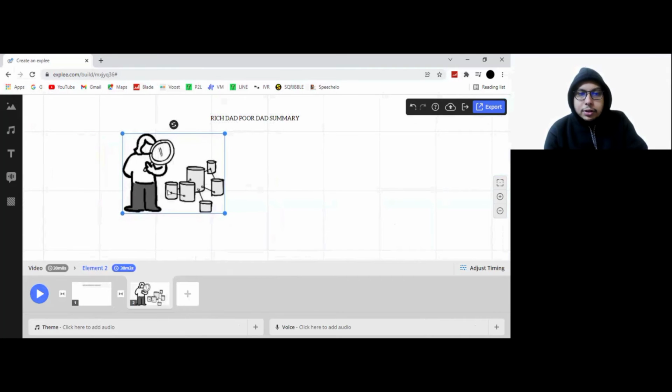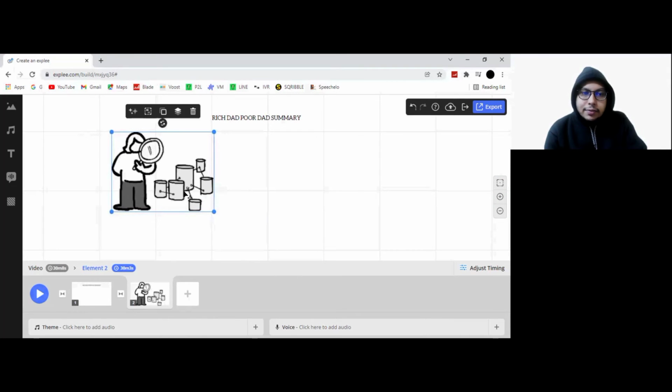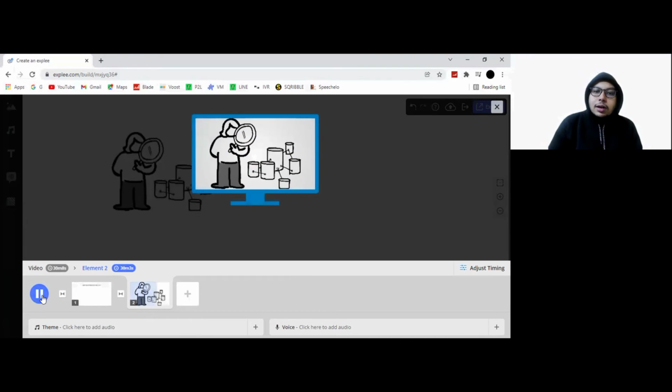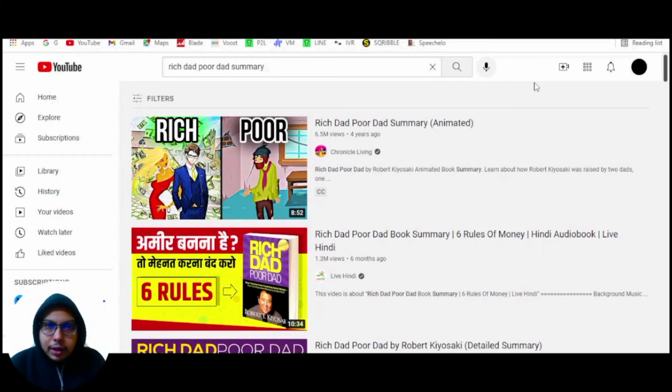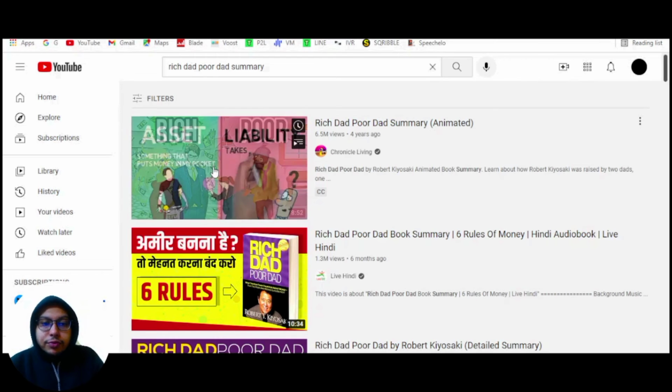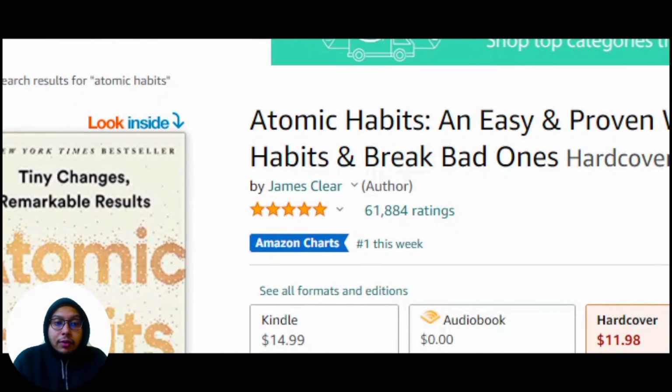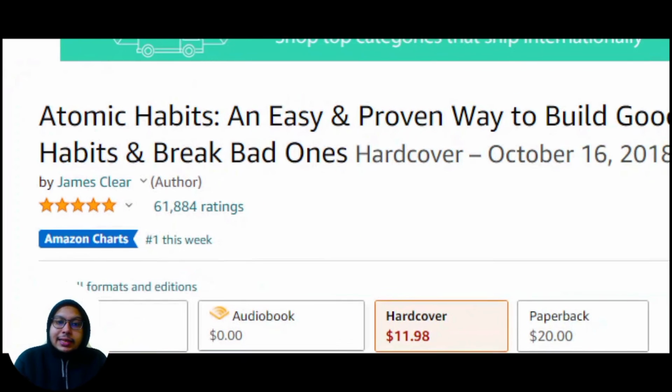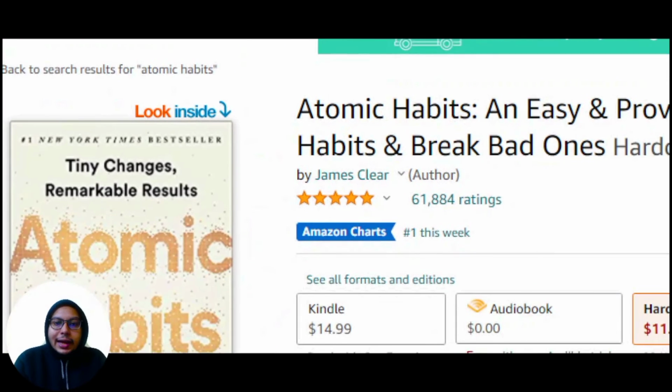Here is an image of a rich dad who analyzes everything, and you can actually make an image like this. So you can see one of a rich dad. Today we'll be talking about how you can make animated videos just like this. Example of the books like Atomic Habits, that's an easy and proven way to build good habits and break the